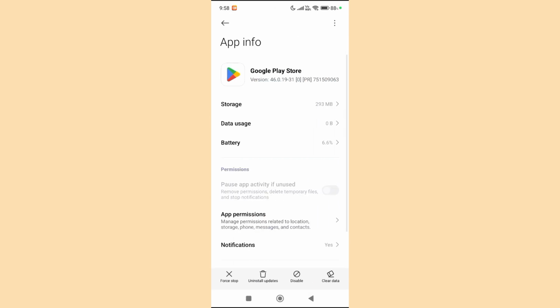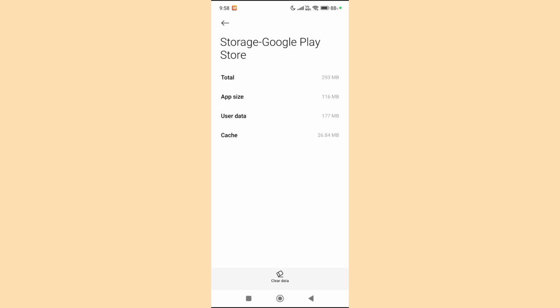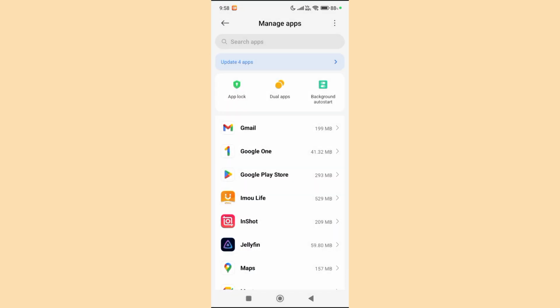Tap on it and now tap on storage, and you have to simply clear cache. Tap on cache and after that clear cache, and your problem will be solved. And if this is not helpful for you,